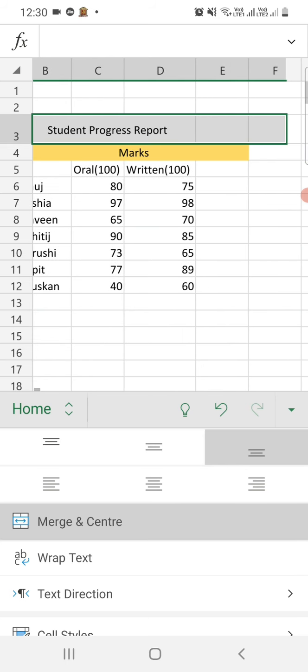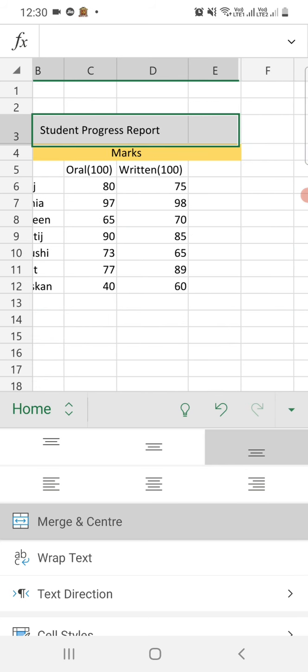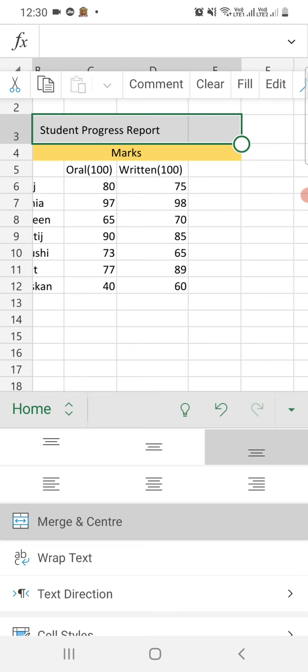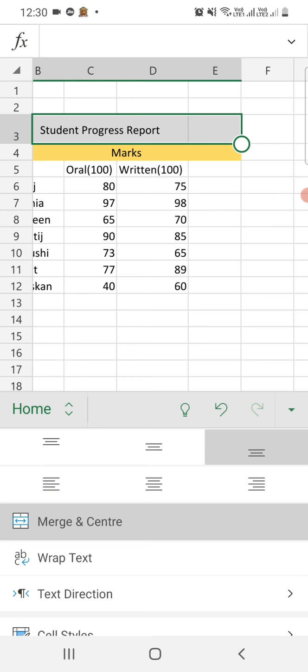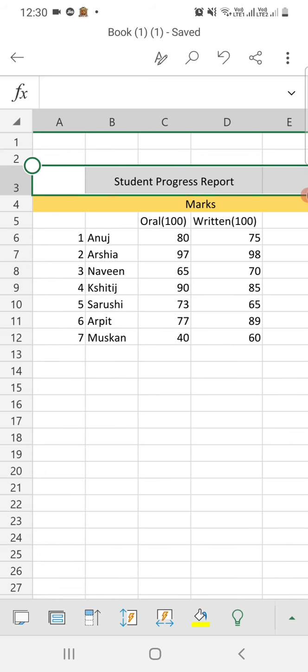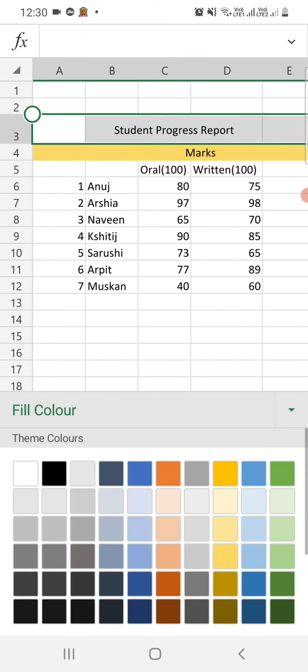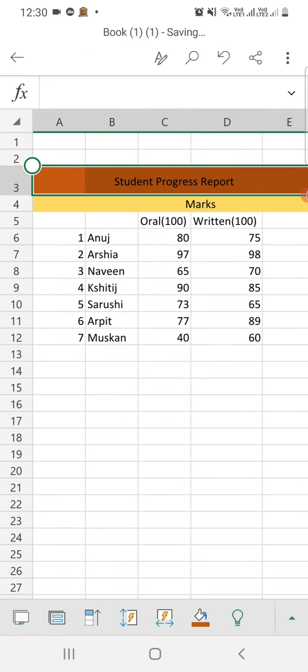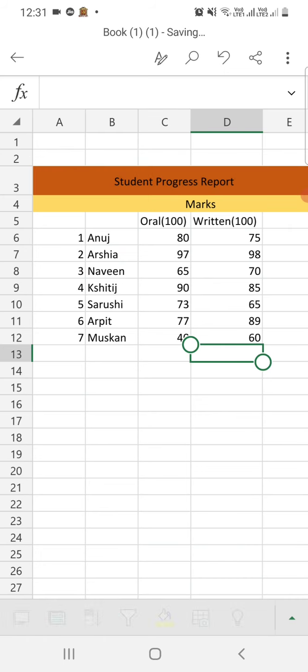Okay, so I just want to color it from A to E. You will get the fill color option. Here in the bottom you can get the fill color option. Here just tap on that fill color option, you will get the colors. Okay, so just click on any color, it will fill the cell. So we have filled those colors here in cells.